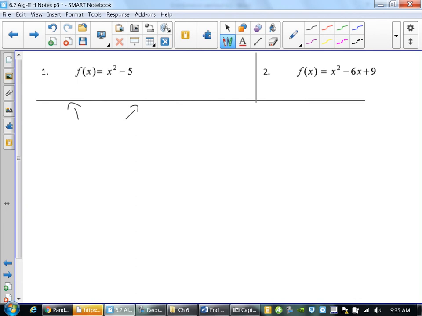What are the zeros for that function? Plus or minus square root of 5. Plus or minus root 5, right? Okay. So, if not for anything else, if you did this,